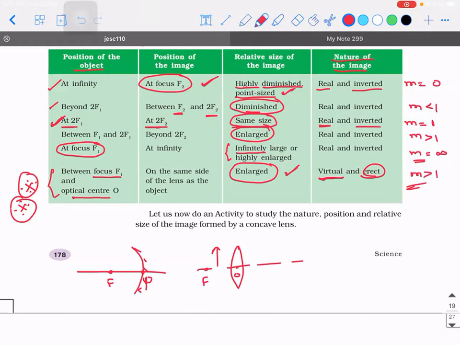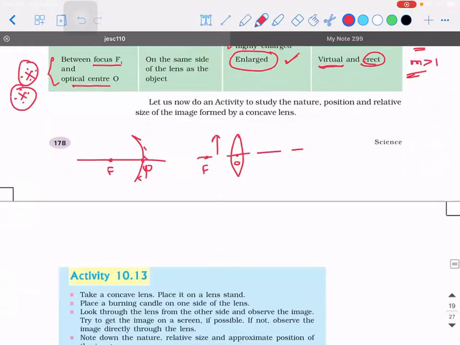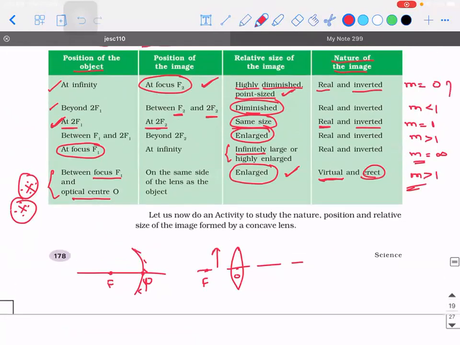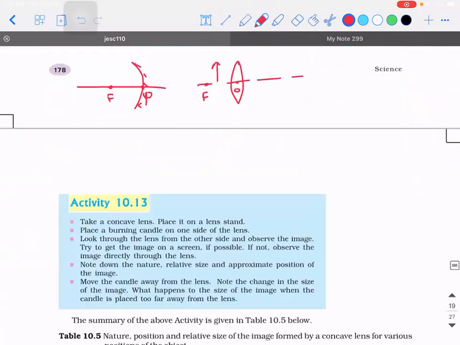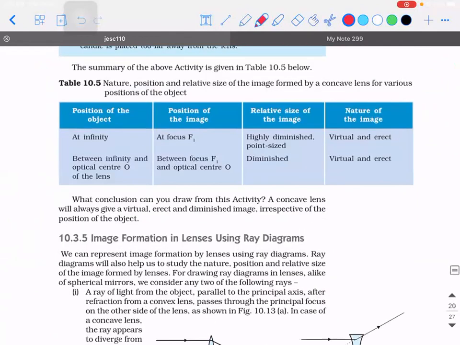Am I clear with all these points? Okay, I'll revisit this again and tell you how the questions can be asked. Now, with respect to a concave lens, what are the two positions that are possible? You can place the object at infinity, and you can place it anywhere between infinity and the optical center. When you place it at infinity, the image is going to be located at the focus. No doubt on that. And when the image is formed at the focus, it is highly diminished and point size. Magnification is